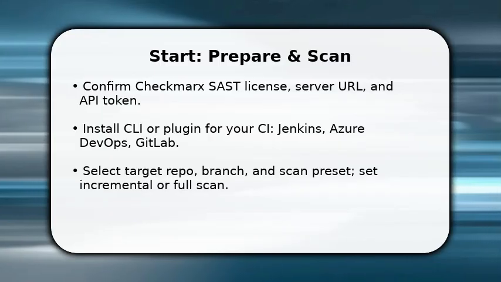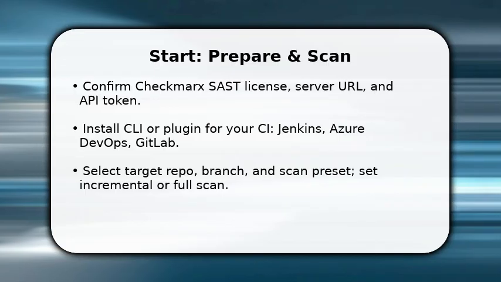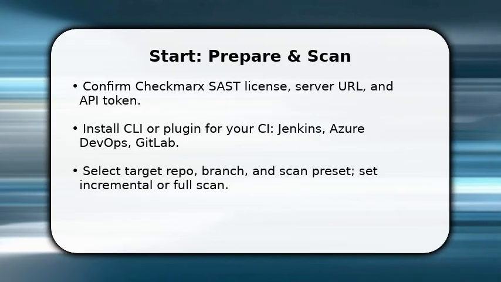You begin by ensuring the Checkmarx server, API token, and access rights are ready. Connect your repo to the Checkmarx project. Once done, choose a scan preset that matches language and policy. Run a quick incremental scan to validate connectivity and reduce noise, and make sure your CI agent has the CLI